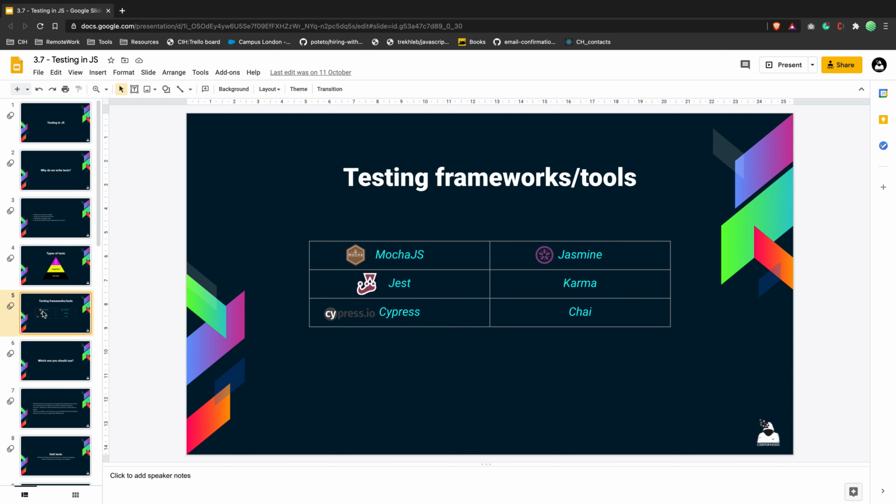We have quite a few frameworks and tools to do that, which is, to be honest, very, very wide, and you have a lot of options. We have Mocha.js, Jasmine, Jest, Karma, Chai, and Cypress. So basically, they're just different tools and frameworks. For unit testing and for integration tests, we use Jest as a main thing. So I use Jest. You can use Mocha or something else, but the most popular, I think, is Jest.